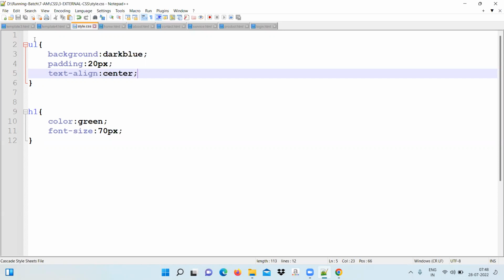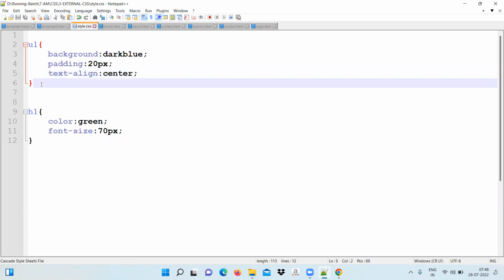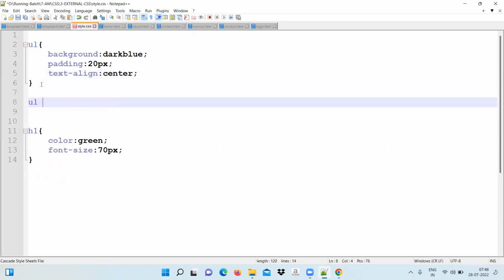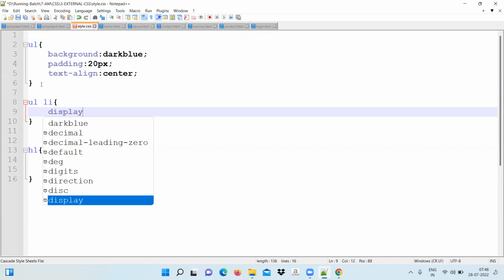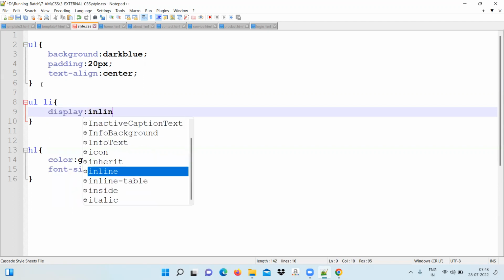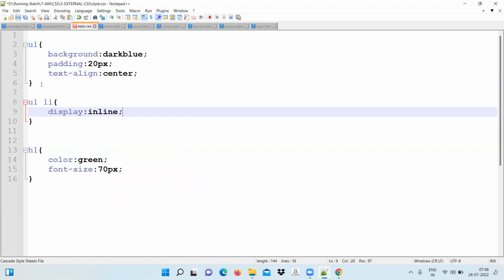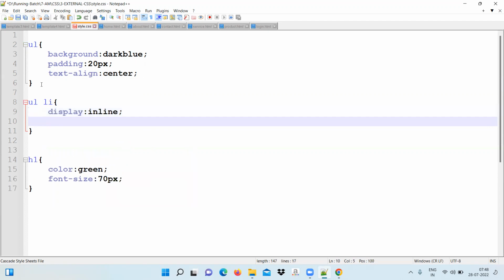It will appear in the middle. Next, after this, come down for the LI. UL space LI. Under the UL tag, whichever LI we have, that should be display: inline. It should print in one line. After that,